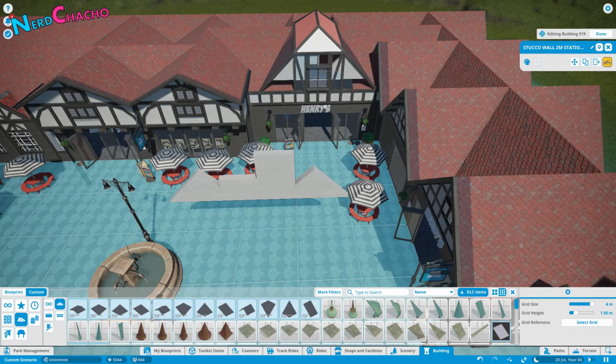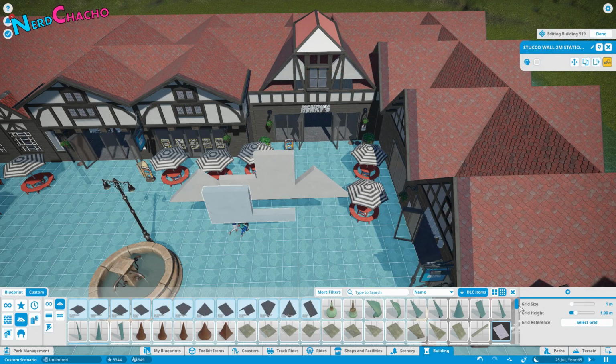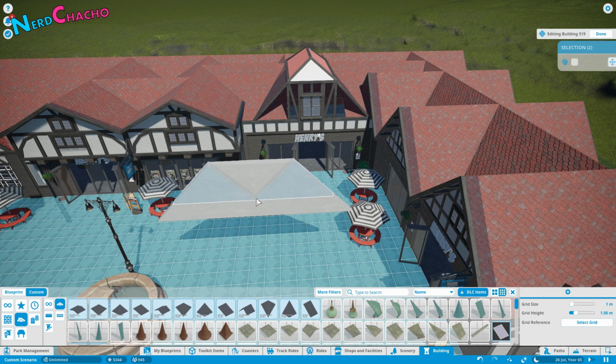And then I've done the same again, the station wall on the opposite side. Let me just bring my grid down. There we go. So I've done the station wall on the other side, and this is now starting to create the shape. And then I get the gable walls again and place them up one more time, and I've now got this